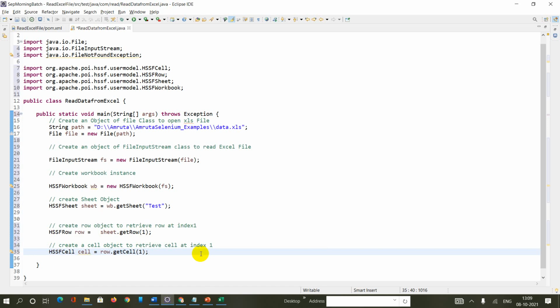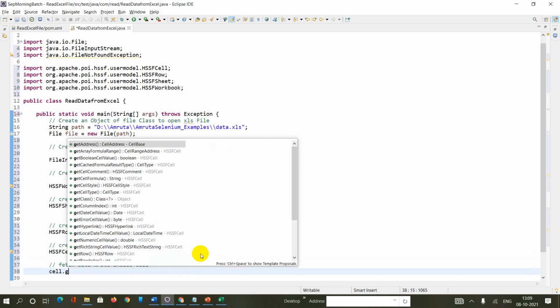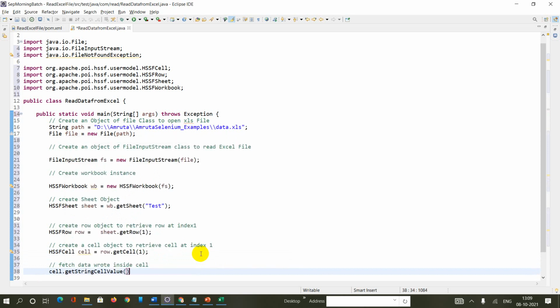Right. Now I need to get the data, or you can say fetch the data, from inside the cell. So how can you do it? I can say cell.getStringCellValue. This will be saved under my string, let's say data.